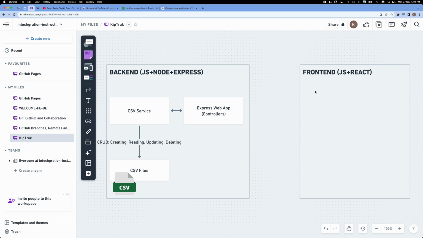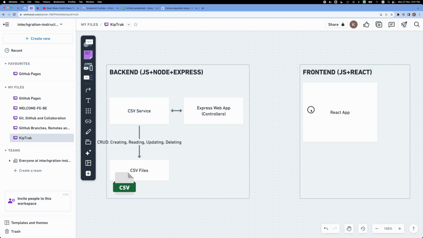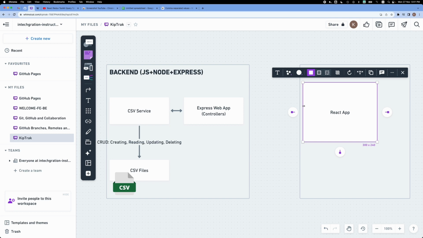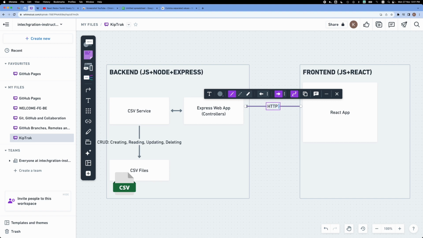So there will be a React application here. So our React app is going to be communicating with the server. We're going to be doing some HTTP requests so that the front-end application can access or at least request some CSV files to be read, created, updated, or deleted. So the Express app will be the first layer, the front-facing layer, let's say, on the back end,